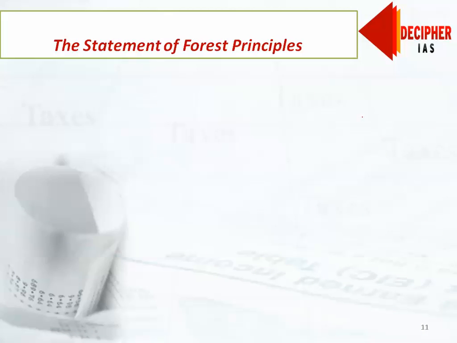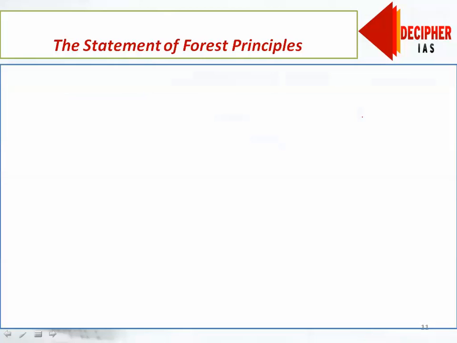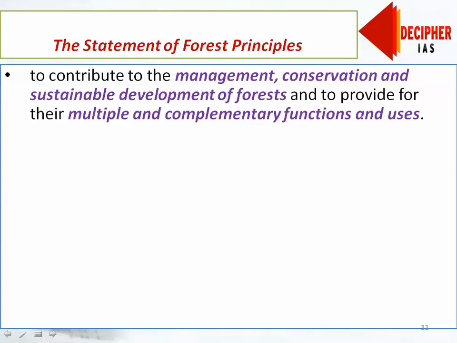Now the third document which was signed was the Statement on Forest Principles. So it was the first document which was mentioning something about the forest. So it mentioned that we should contribute to the management, conservation and sustainable development of forests. Management means we should check how many trees are there, what kind of biodiversity we have. Conservation means we should prevent the felling of trees or we should do compensatory afforestation. And sustainable development of forests, we should